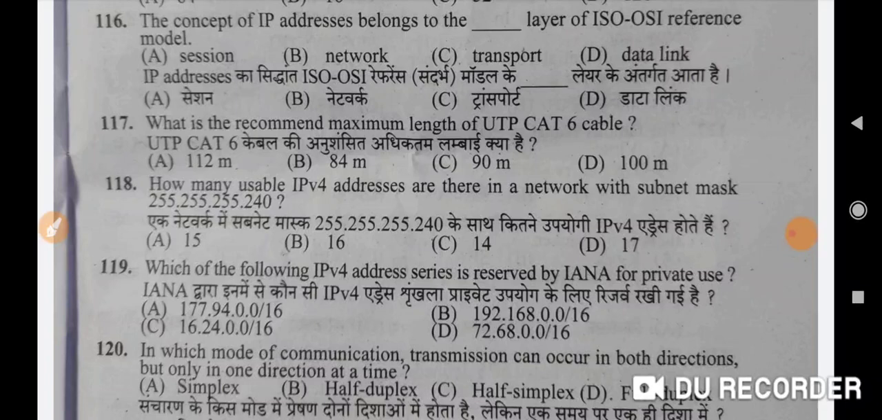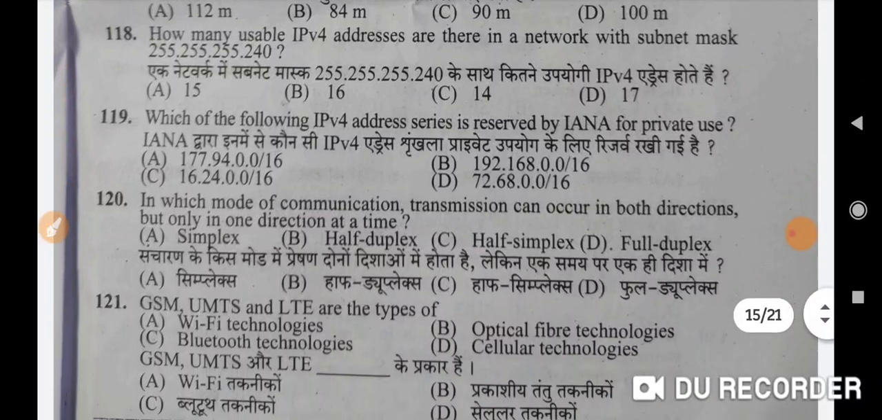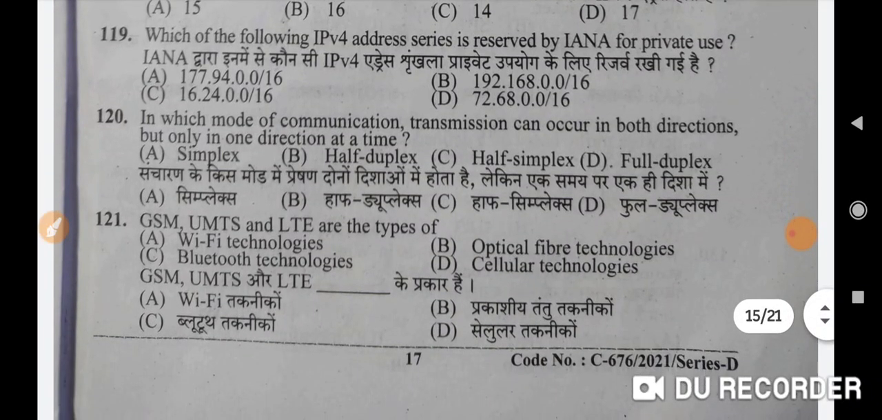Next is, what is the recommended maximum length of UTP CAT6 cable? Correct option is D, 100 meter. Next is, how many usable IPv4 addresses are there in a network with subnet mask 255.255.255.240? Correct option is C, 14. Next is, which of the following IPv4 address series is reserved by IANA for private use? Correct option is B,